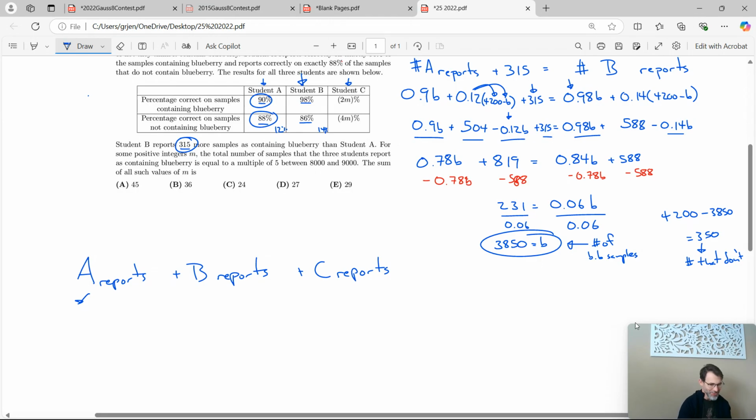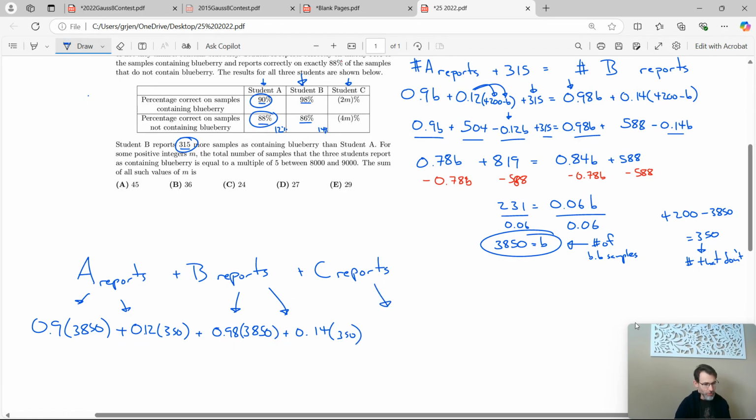Yeah, my mistake was so silly. Okay, A is going to be reporting correctly 0.9 out of 3850, but they also report incorrectly 12% of the time, and that's in 350 cases. B reports correctly 0.98 when it is present. So this is the number of times when it is present, and incorrectly over-reports 14% of the time when it's not there. Okay. C, on the other hand, correctly reports